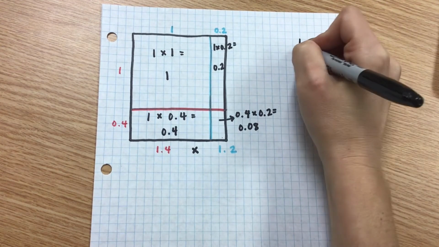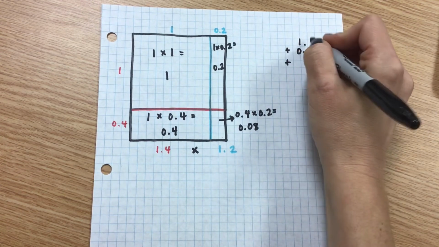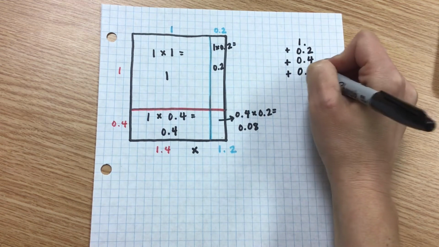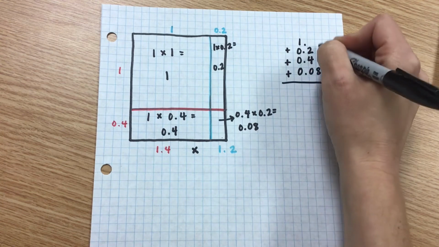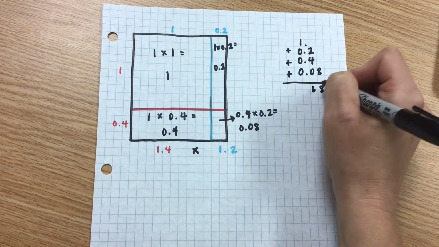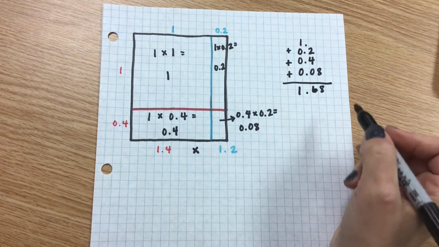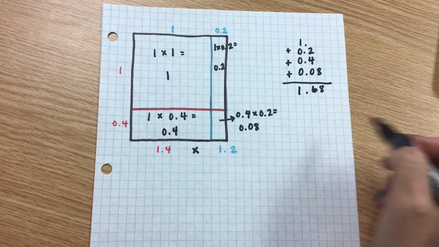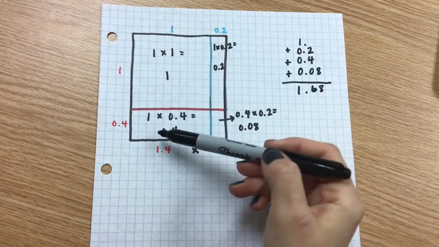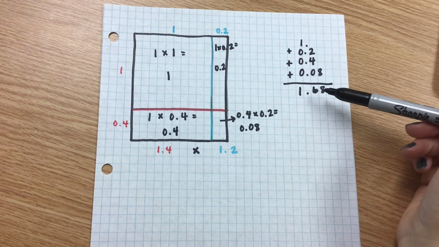So now is when we're going to add up all of our decimals. And remember, this is when it's important that you keep all your decimal points lined up. Nothing in the hundredths other than the 8. 2, 4 would be a 6. So when we add those all together, we get 1 and 68 hundredths. So remember, another way to think about these is these are all partial products. That's why when you're adding them up on the side, they all add up to be your final answer of